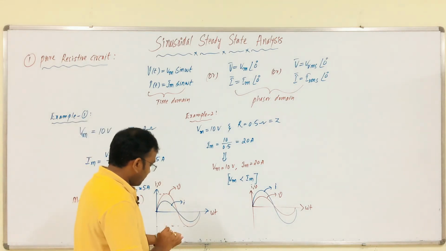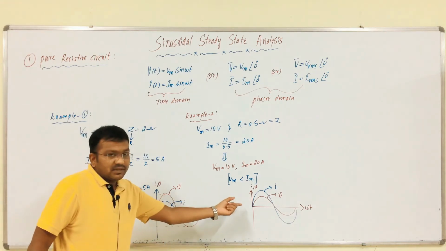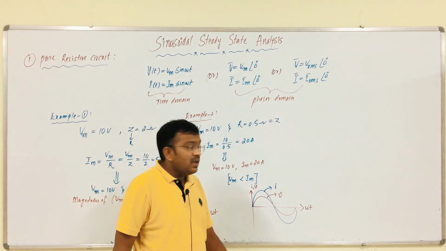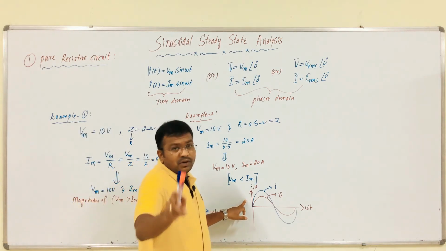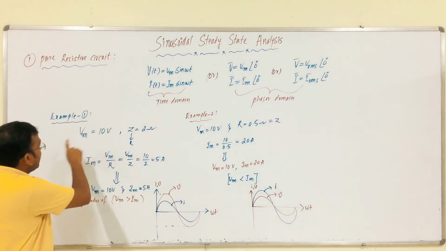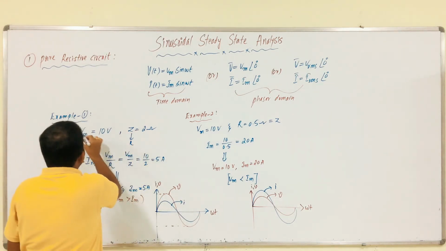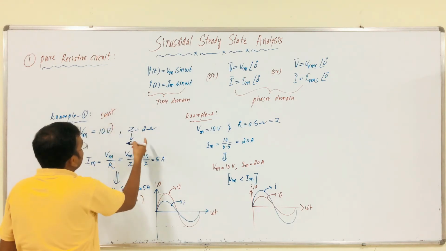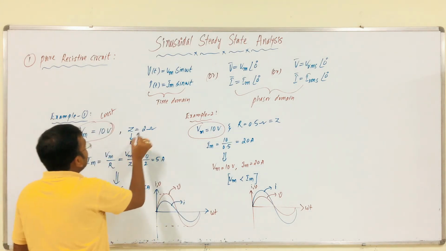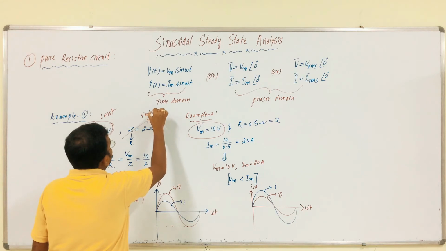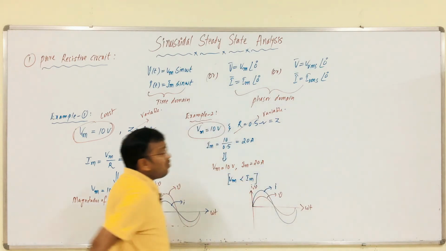See, listen carefully. So, in the observation we have drawn these two cases, right? This is the first case, this is second case. So, on what basis you have drawn this phasor, waveform 1, waveform 2, that is your question, right? See, for us we have Vm 10 volts, Z equals 2 ohms. This is constant, but coming to this case and this case, again Vm is constant. See, Vm is constant, this is variable. Our impedance is variable.